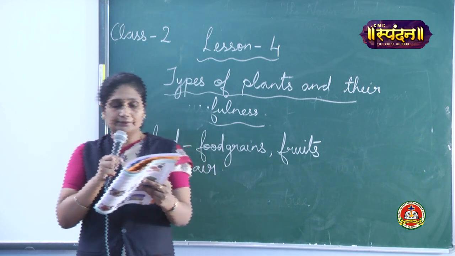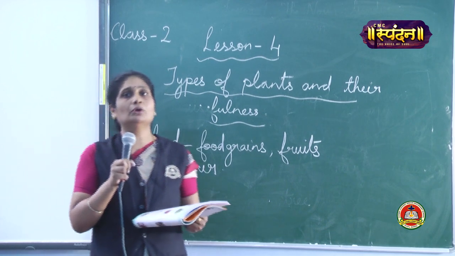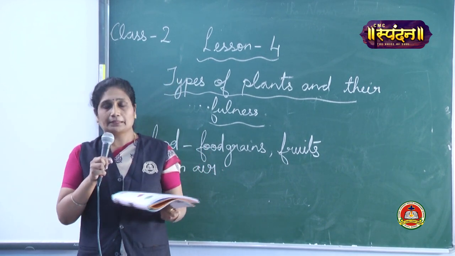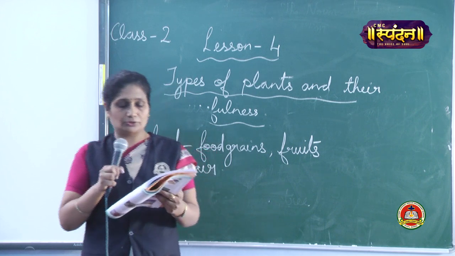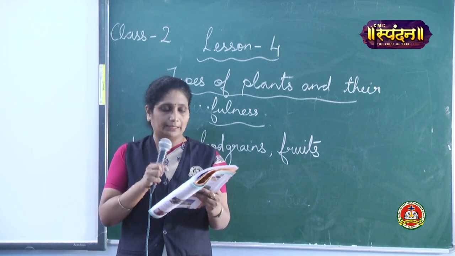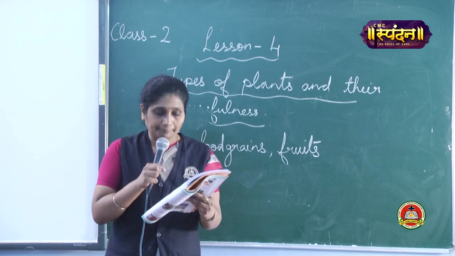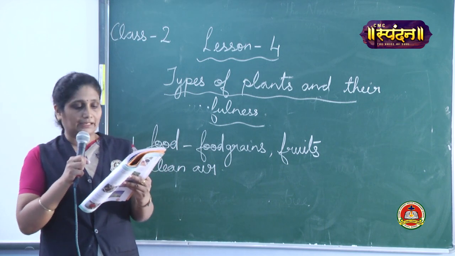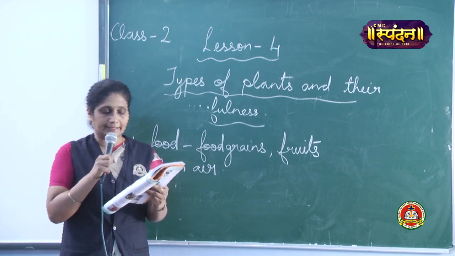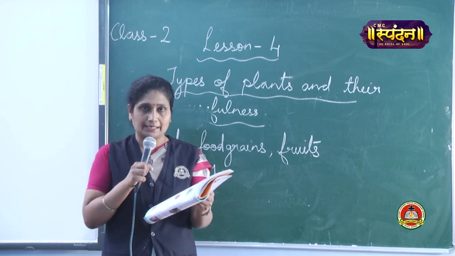The carrot, turnip, and radish are the roots of plants. As I've told you, we eat the many parts of the plant also. So what is this part called? This is the root of the plant. The carrot means gajar, turnip, and radish are roots of plants. Radish means mooli. So we eat the roots of these plants.